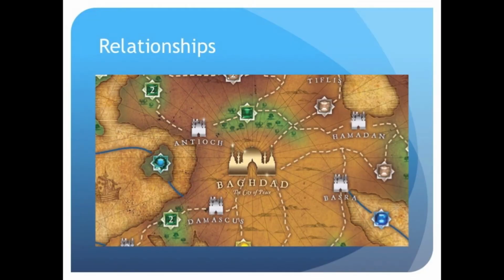So for example, within the game Arabian Nights, we have a clear center, Baghdad. We know where to start in the game, and one of the ways you have to end the game is by going back to Baghdad. So Baghdad both starts as the origin point and the concluding point of the game. We know that the roads, the dashed lines, tell us these are the paths that we can move. We have the various cities, Damascus here or Basra. We can go to those cities and those are going to give us different encounters.